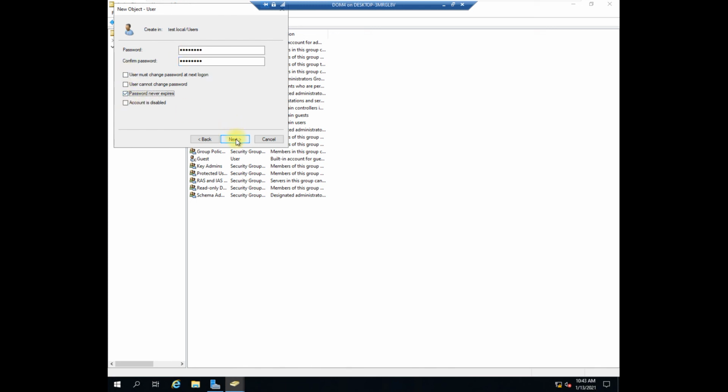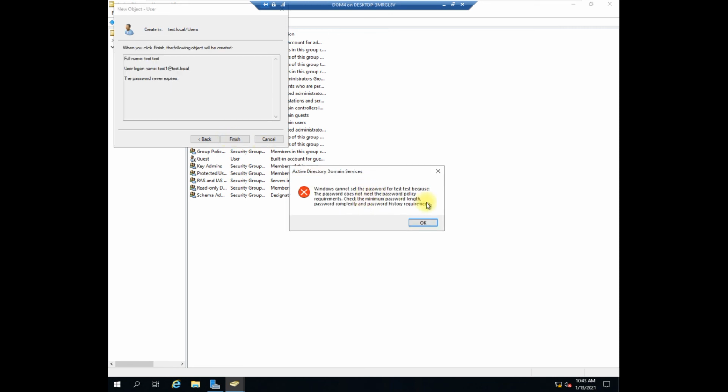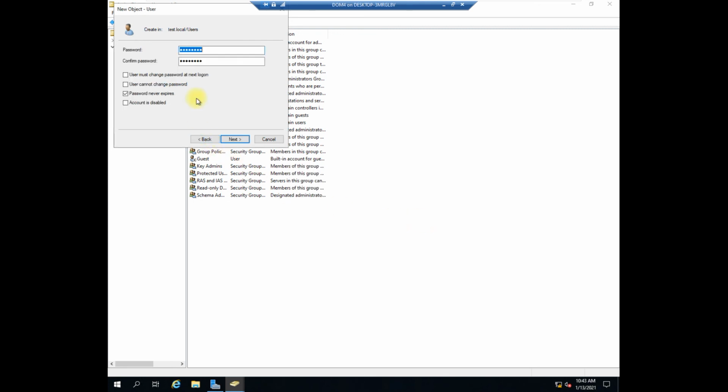Okay, the password does not meet the password policy. No problem. We have to set a complex password, so I'll make it a complex password. Let me try once again. It's working now. So our user is a test user and we defined a password also.